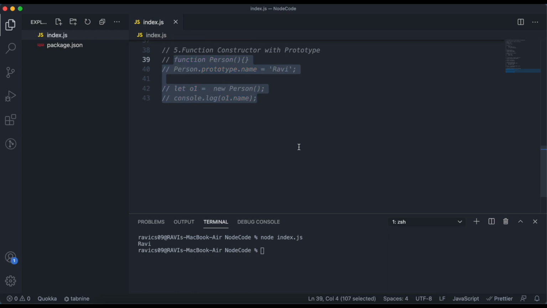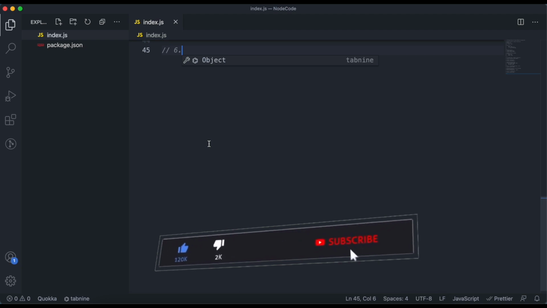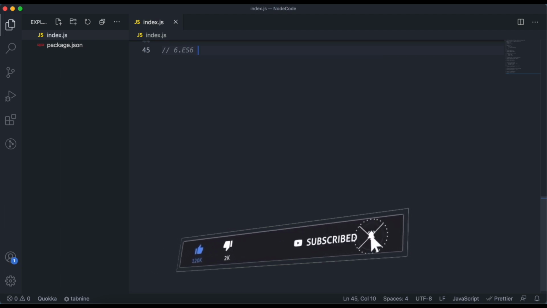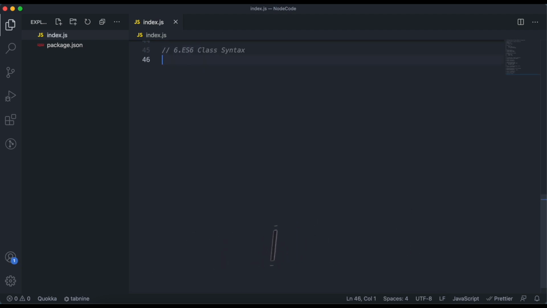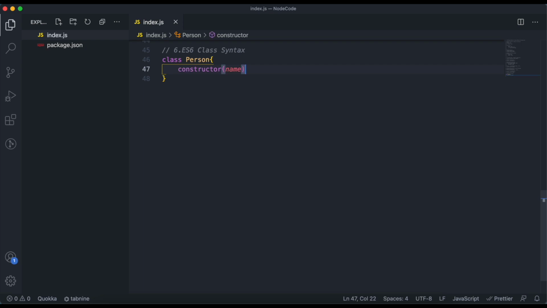Let's comment this one. Now moving to the sixth way, we can use an ES6 feature, class. So as you know, ECMAScript 6 introduced a new class keyword. So let's create a class, simple class, and say person. Inside we are using the constructor.